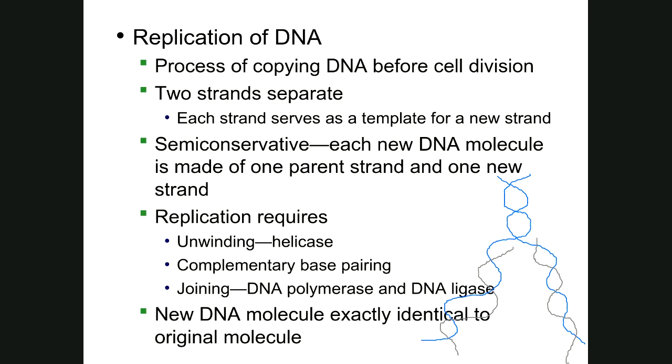Okay, then the third one. Now the third one is called joining. Joining means now this strand, this black one, is joined with the blue strand, the original one, and makes a new DNA. This is one daughter DNA and this is another daughter DNA. So this joining is done by, oh, it's not, I made a mistake here. So okay,